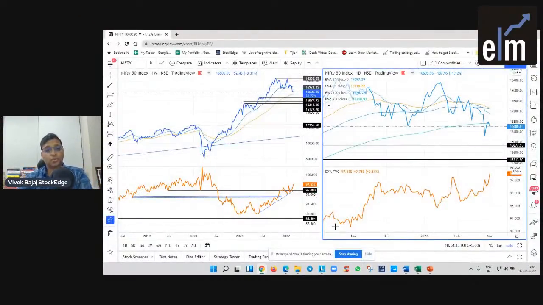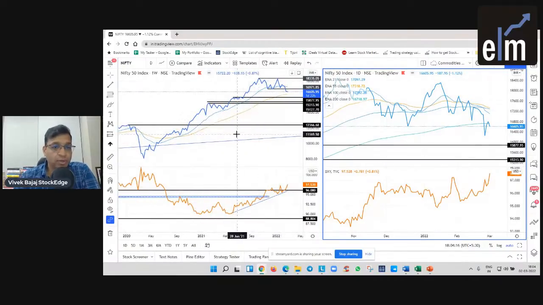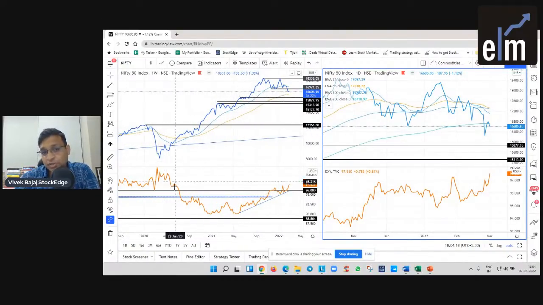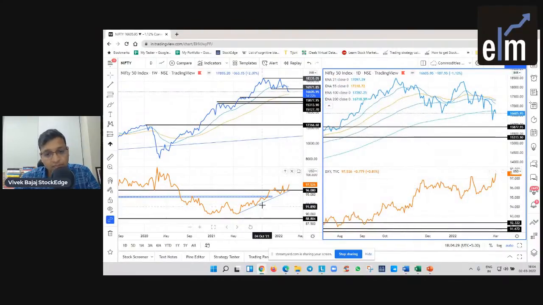Let me share with you what I feel market is doing or what potentially market can do. So this is my template where I try to analyze the market with respect to dollar. And if you see how dollar is moving, dollar is in an uptrend, and so it should be because the interest rate yield is going up in US and it has been going up for some time. So the probability of dollar going up is higher, and if that is the case, then the probability of market going down is higher. So that's pretty much what we have been talking about for many months now.